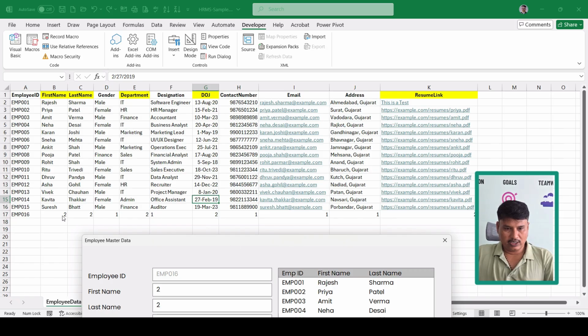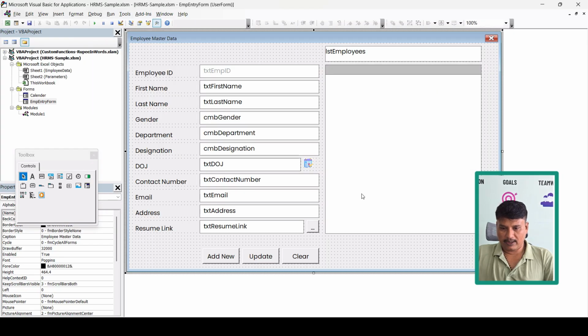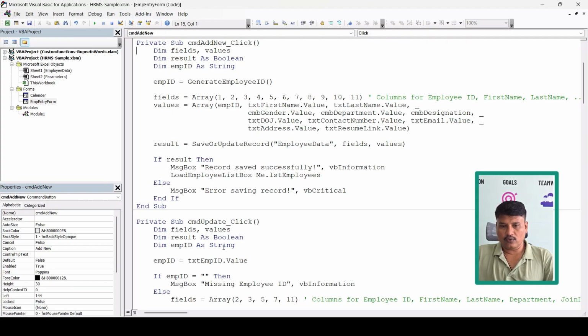you can see how many columns are getting updated. You can see only the columns that are marked in yellow get updated, and the rest of the columns are not. So how did we do this? We are just passing the column numbers and the values, that's it, in a common array. Let me show you over here.